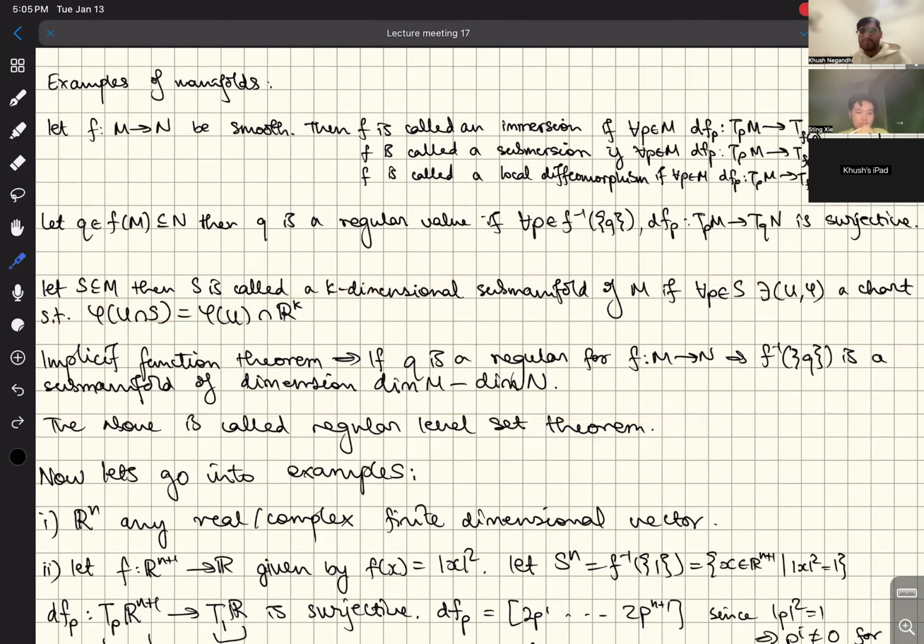Rather than proving it for general manifolds, what you realize is that this is a completely local statement, right? So all you care about is, at each point, can I find a chart? And finding a chart is just equivalent to solving systems of equations, which the implicit function theorem allows you to do. So that's why I'm saying, I think the best thing you could do is open up Eckhart's book,